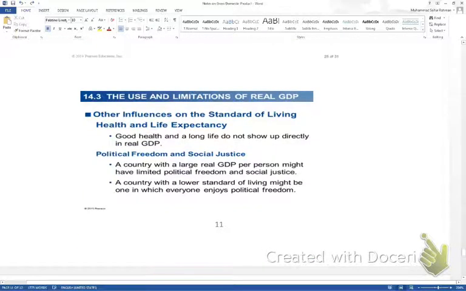Okay, political freedom, right? Freedom is a very important concept. Freedom is not included in the GDP calculation. It cannot be included in the GDP calculation. The health condition, the longevity, these partially get reflected in the GDP calculation, but not perfectly. So one could make a strong argument that GDP ignores many of the important aspects of our living standard,